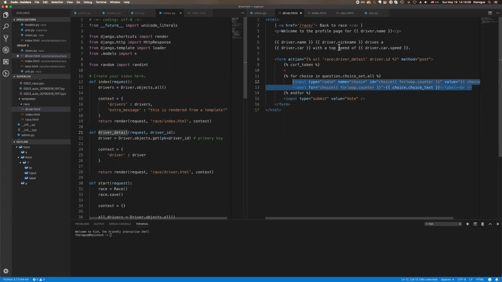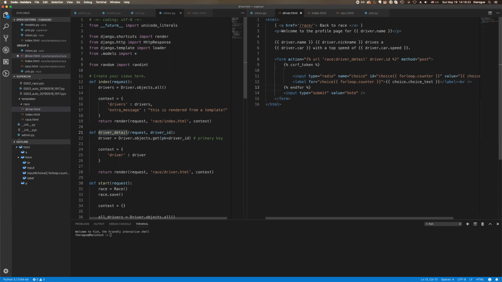We just have this one element, which is the driver. So I'm going to delete these two lines for now. Maybe we'll come back to that and use a for loop in that way. But for now, we're just going to include